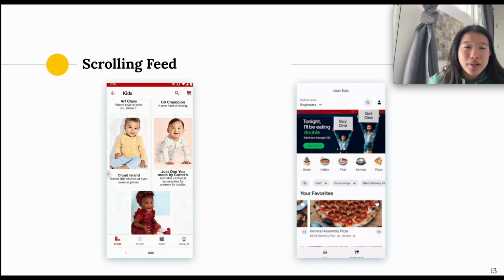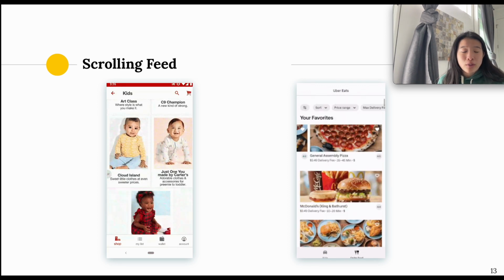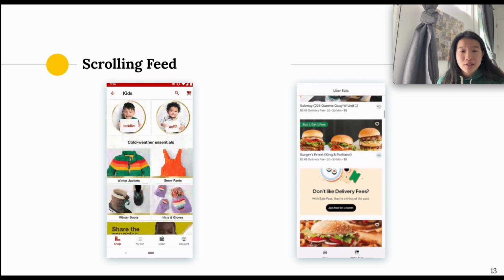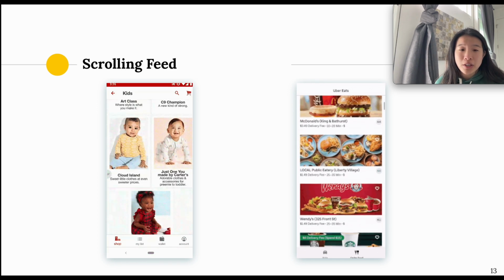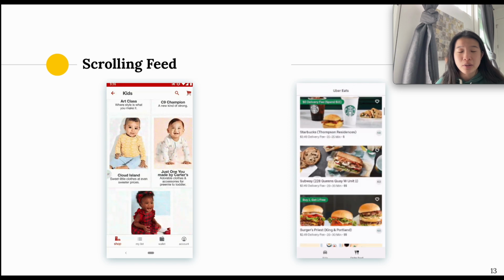Next, we have our scrolling feed. A phone is pretty small and it can only fit so much information on it. So when you want to display more information that the user can access, you use a scrolling feed. And the one thing